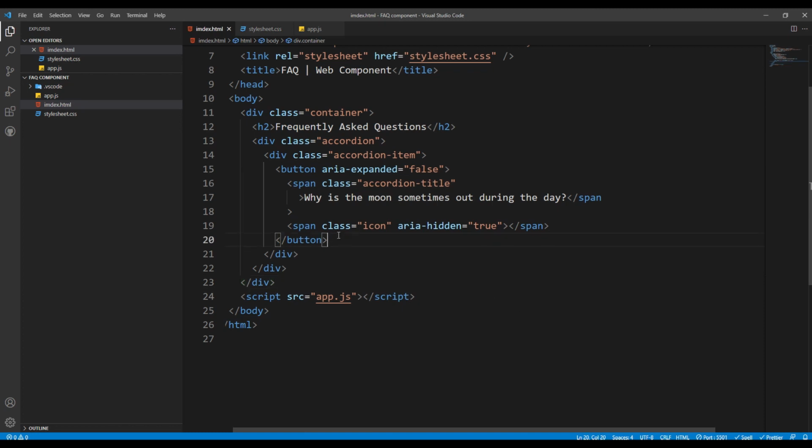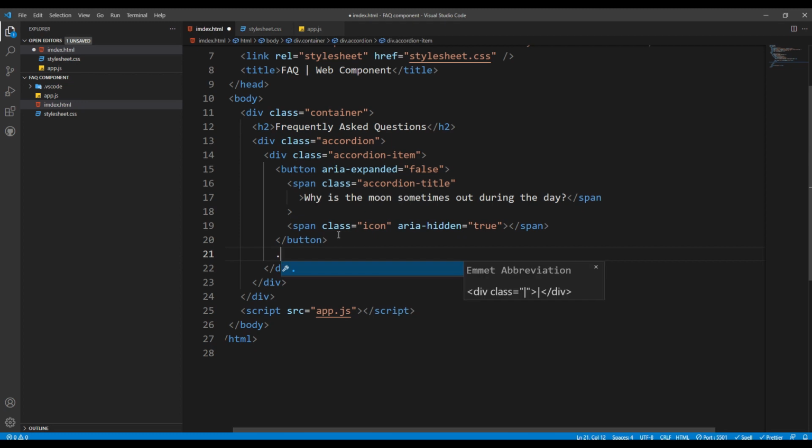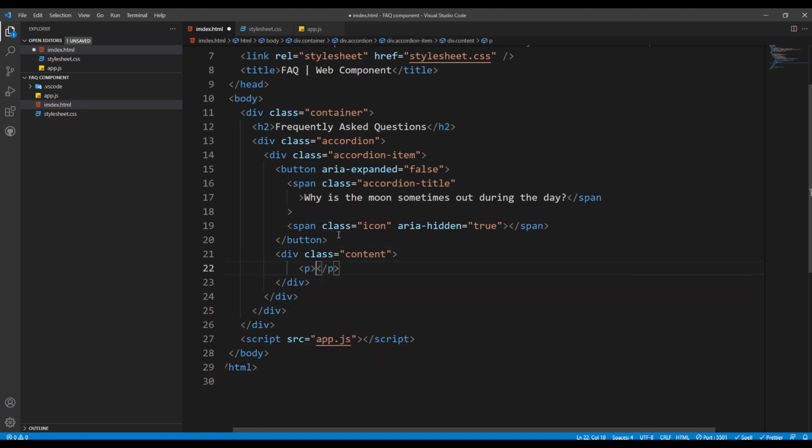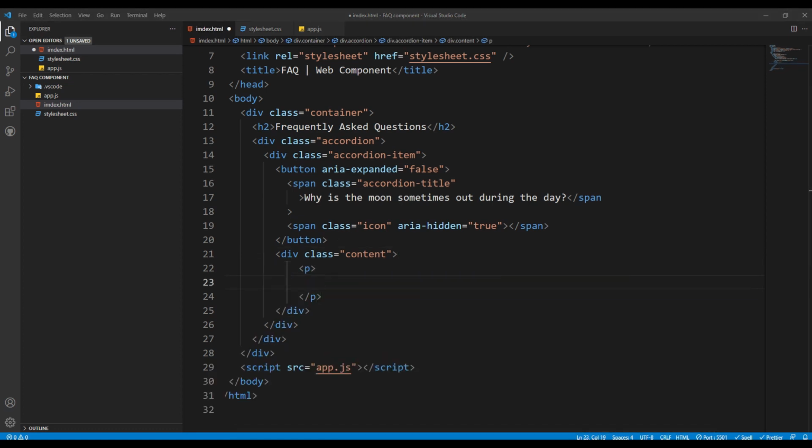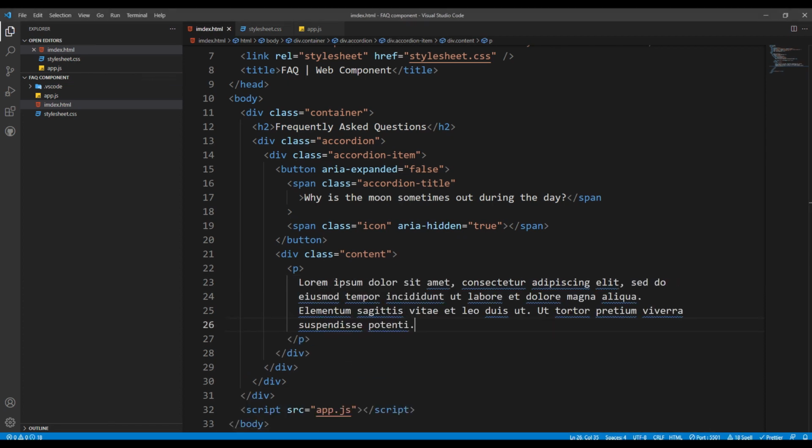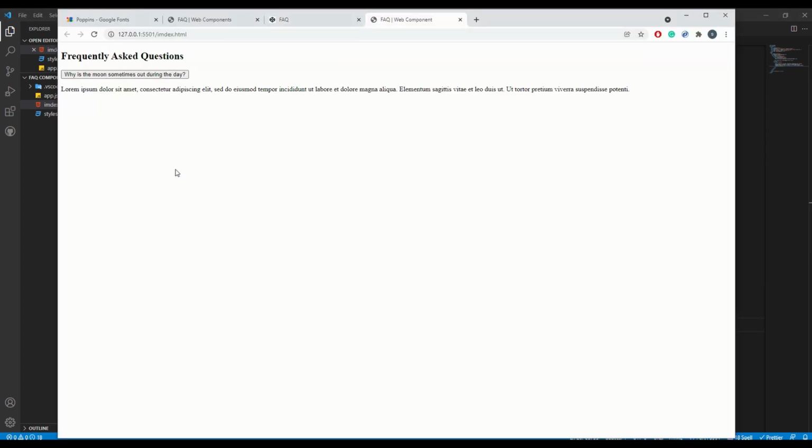Okay, so the next one is going to be the content. So let's go ahead and create the content div like that. And in here, it's a paragraph tag, and I'll just paste some lorem ipsum here as well to save this. So if I go back to what we did, it looks like this. Okay, so we have a button right here and then some content,